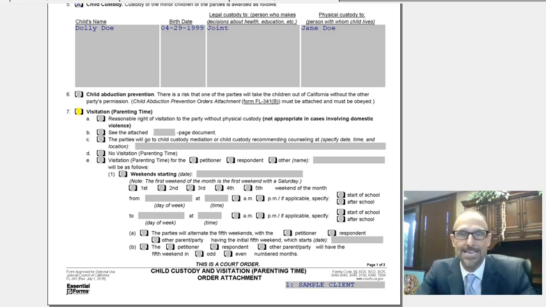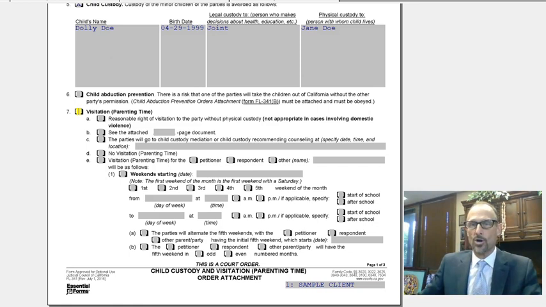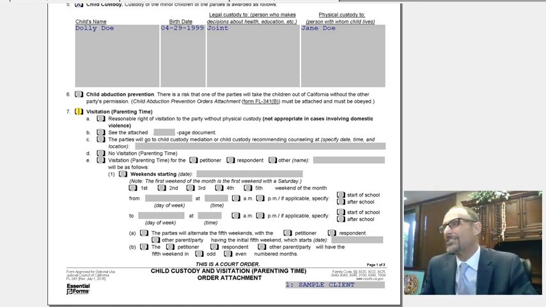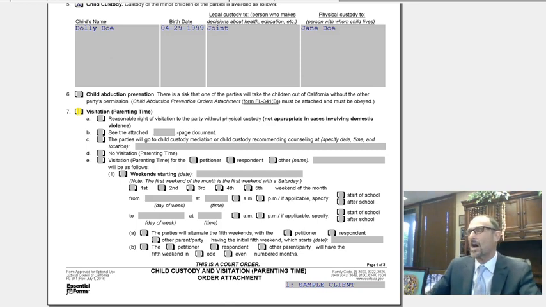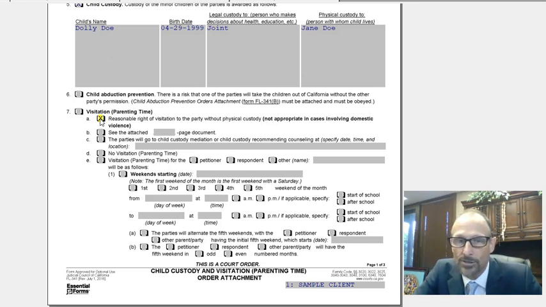All right, next box is visitation, parenting time. If you and the other parent of your child have agreed that you're just going to agree on the visitation schedule as time goes by, and you'll just give each other a call and figure it out as you go, without any specific set schedule, then you should mark A, reasonable right of visitation to the party without physical custody. And by the way, it says, and you need to know this, not appropriate in cases involving domestic violence. So if there's a domestic violence restraining order,